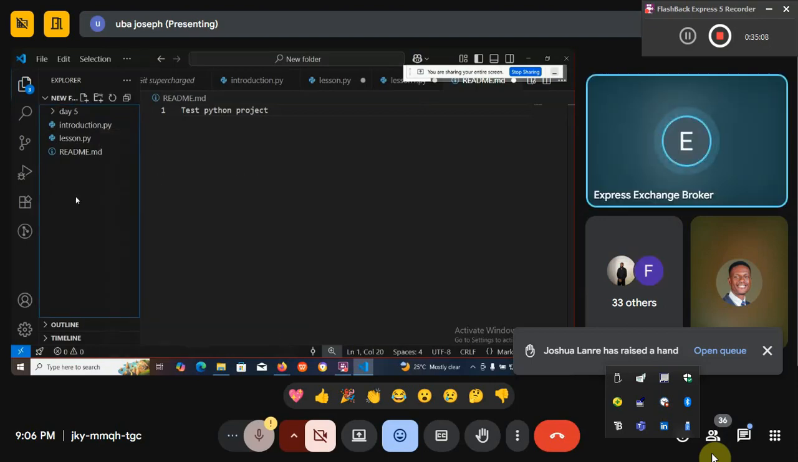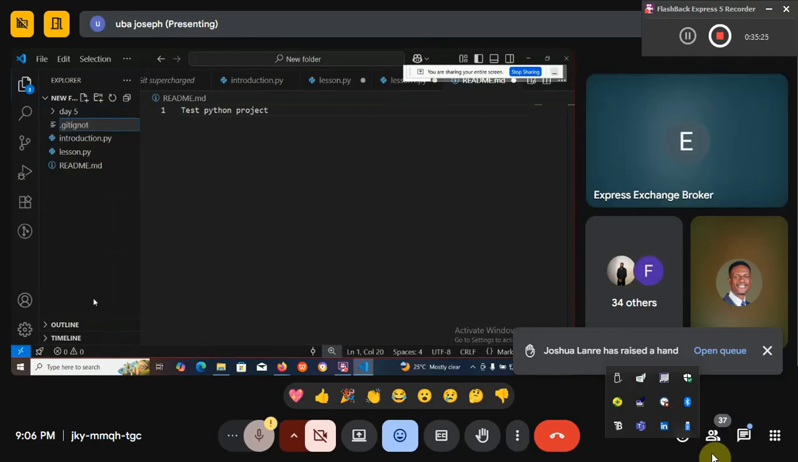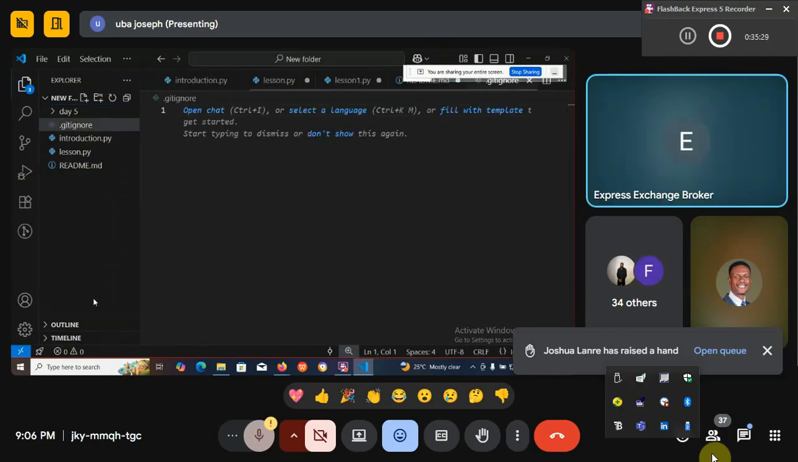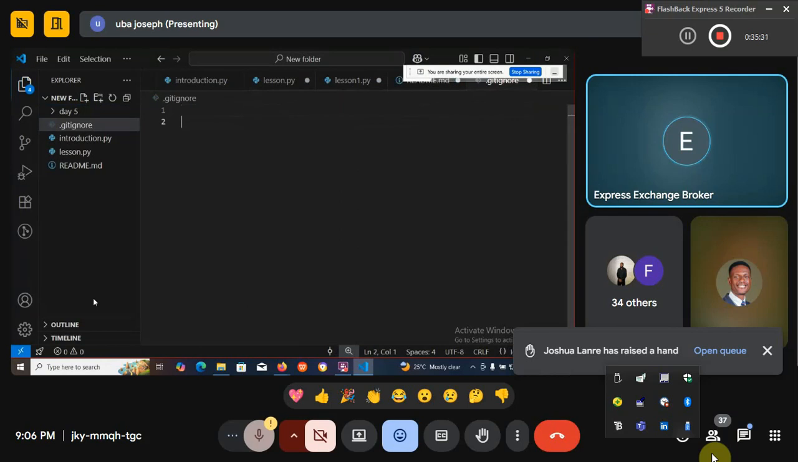Once you've created your Markdown file, I'm still on the parent folder. I'm going to create the git ignore file. I'll right click to create a new file. I'll put dot git ignore. Now remember the git ignore file is what we're going to use to ignore everything that we